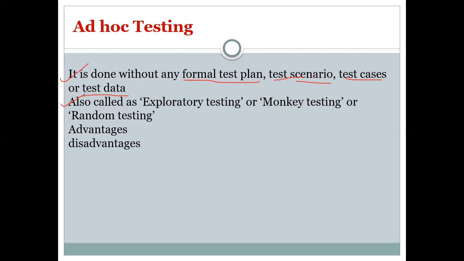And for the name field, is any person having a name like ABC123? No. No digits are entertained in the first name, middle name, last name, right? So whether your text field is accepting that kind of data, if yes, then proper checks should be there in your system. All these things come under ad hoc testing.